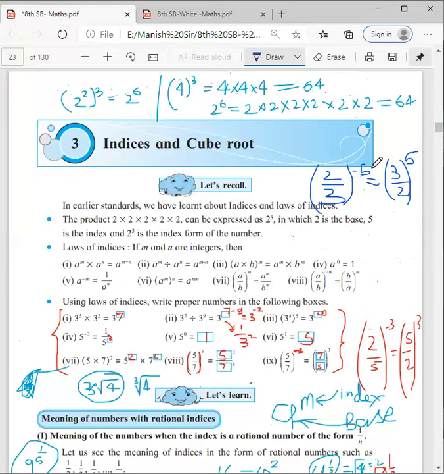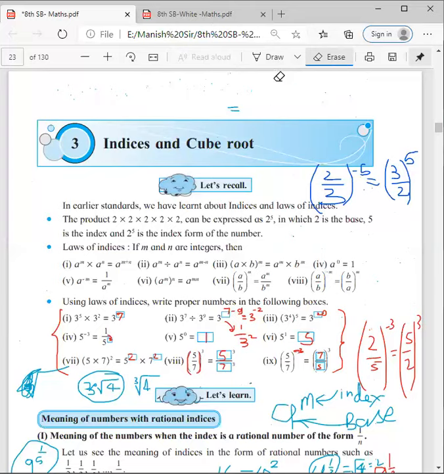How? Because whenever we separate this, see how this one is converted into this format, that is 3 by 2 raised to 5. Just try to understand at this place. I'm going to explain the entire process, how we have converted and how we have got that statement. See this. If we talk about 2 by 3, the whole raised to minus 5, and I want to separate this, as we know that (a upon b) raised to m, I can write a raised to m divided by b raised to m.